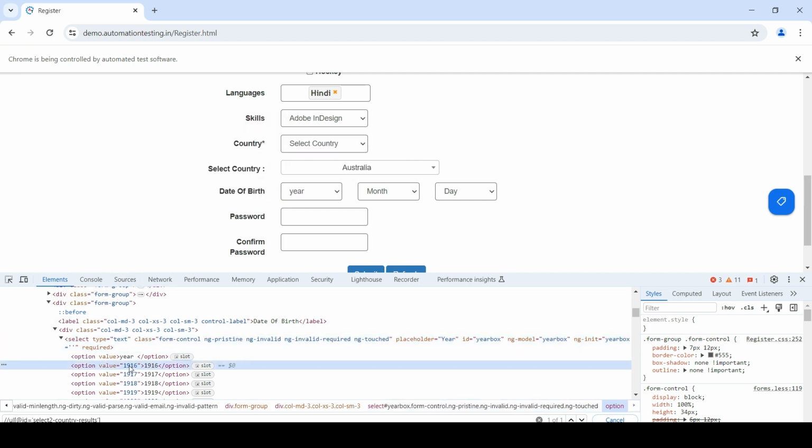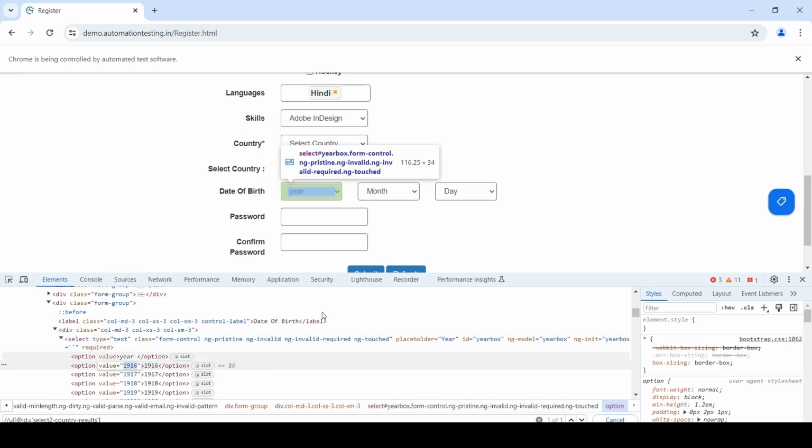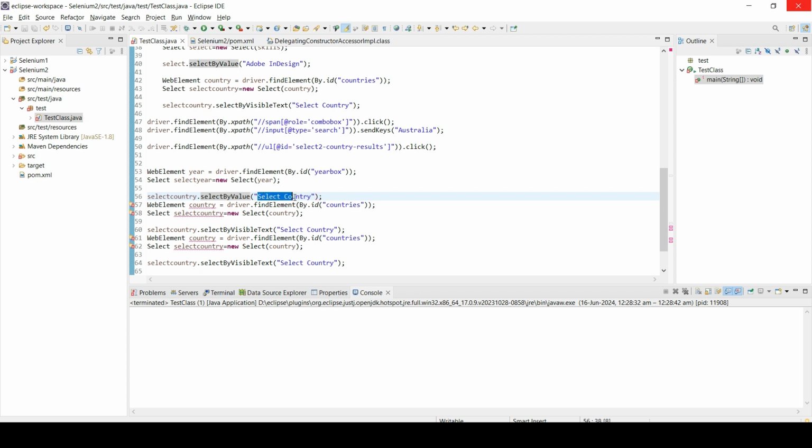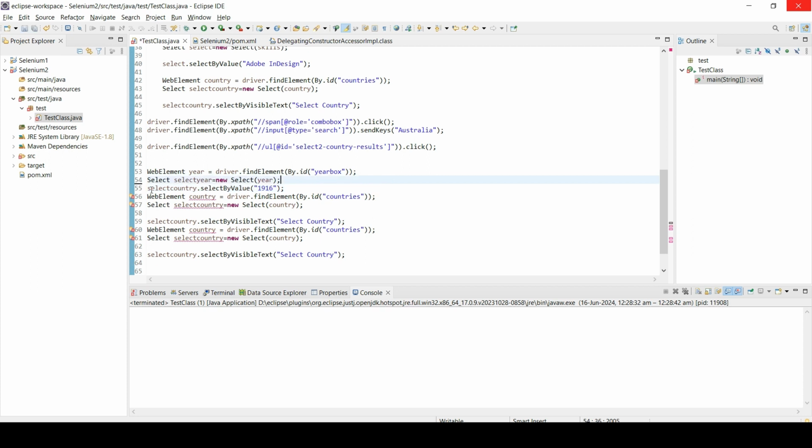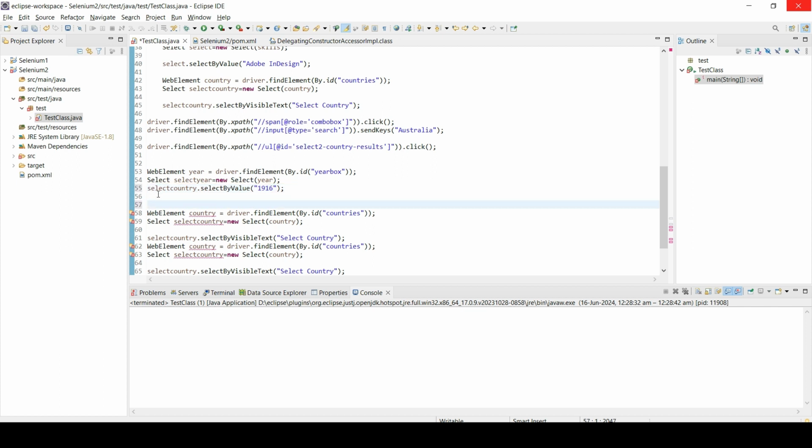So what is the value? I'm going to select the 1961. Okay, so 1961. So this is the year. Okay, now